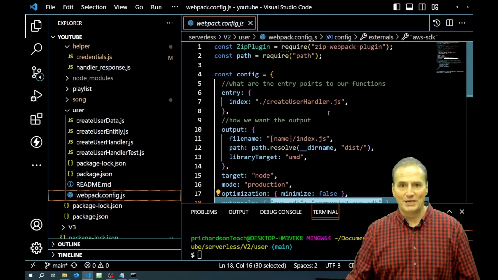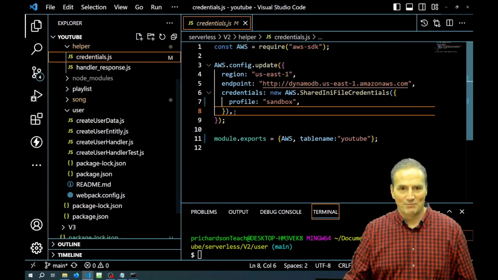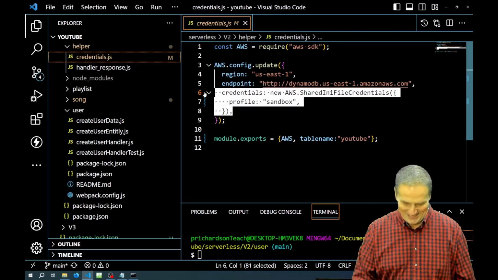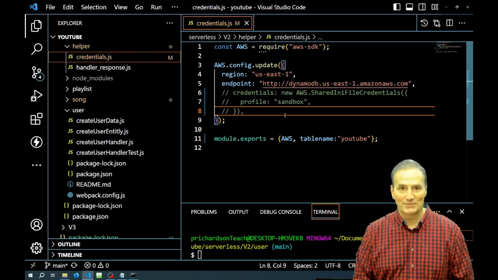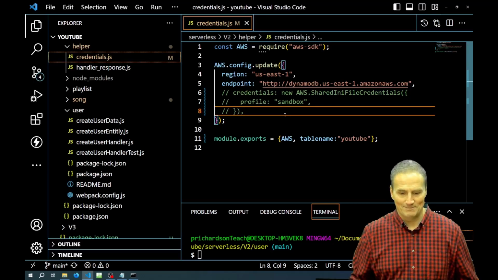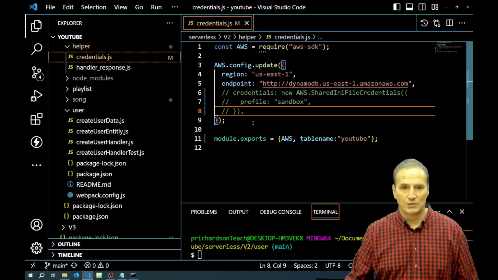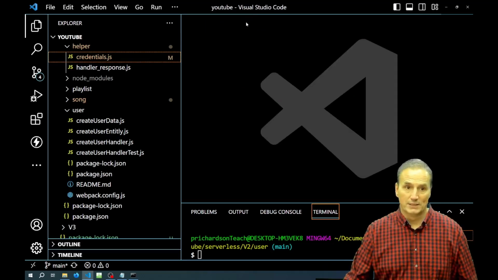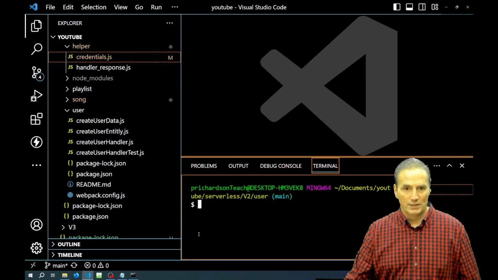Oh, the other thing we need to do is this. I forgot. Go up to your credentials and make sure you comment this out. And like I said, if you forget to do it, it's going to seem like your code is running on the Lambda side, and it will, without error, but it's not going to do any writing or reading to your database. It'll drive you nuts. Or at least it drove me nuts, right? Okay, so at this point, we could do